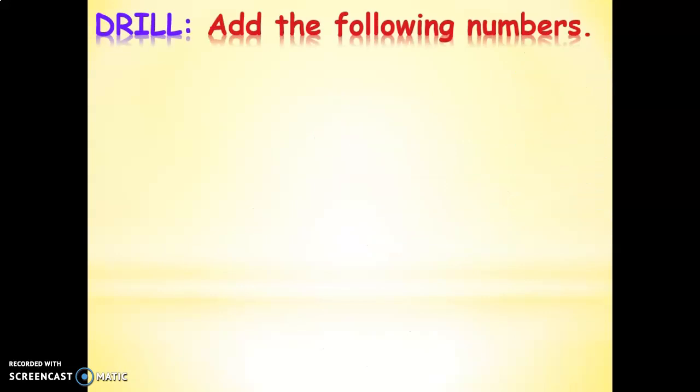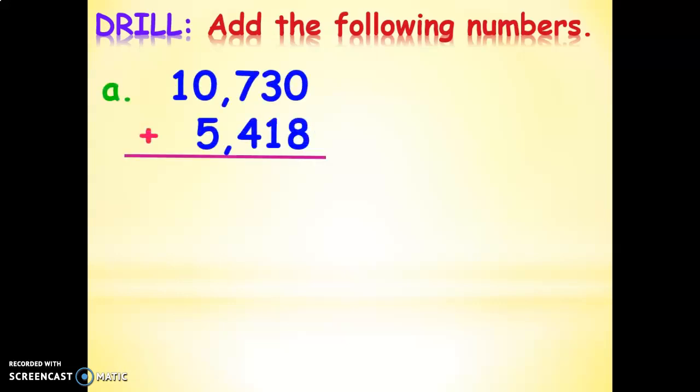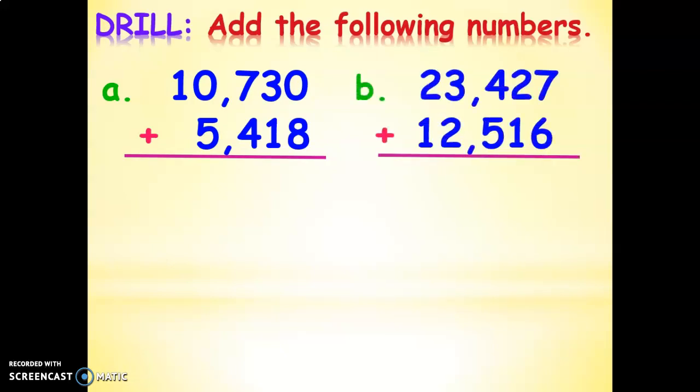Now that you understand how to do column addition, try to add the following numbers. This will be for your short drill. For letter A, add 10,730 and 5,418. For letter B, add 23,427 and